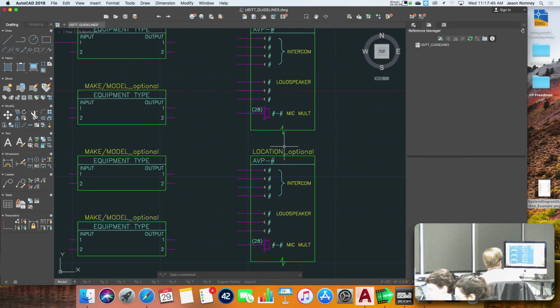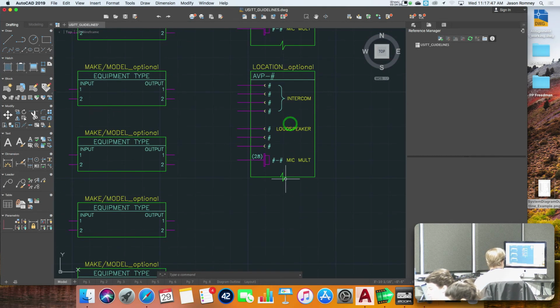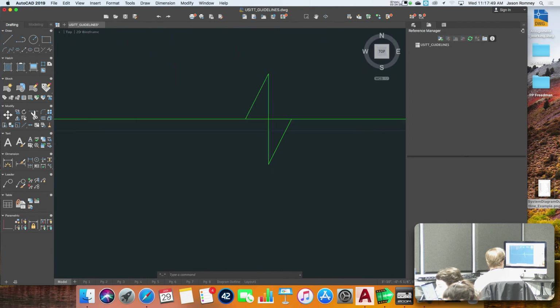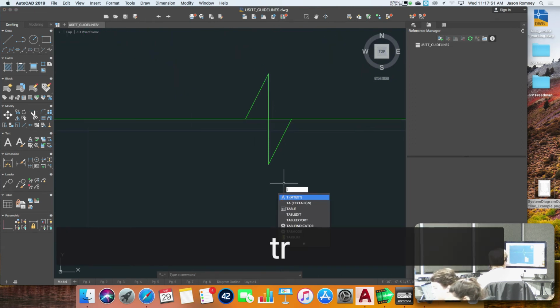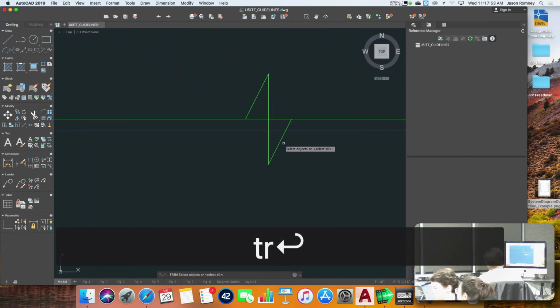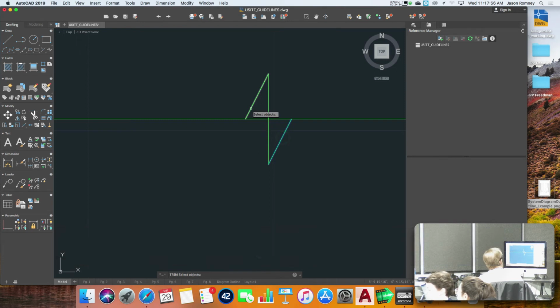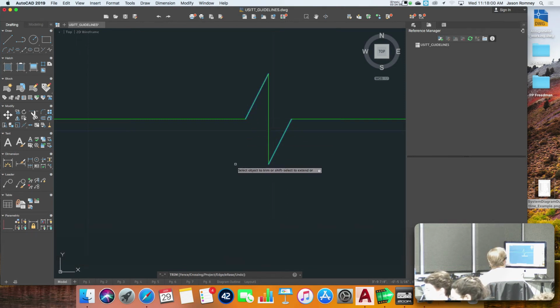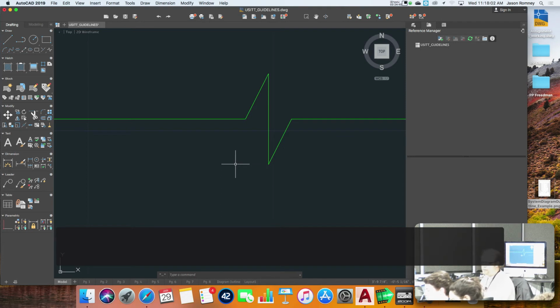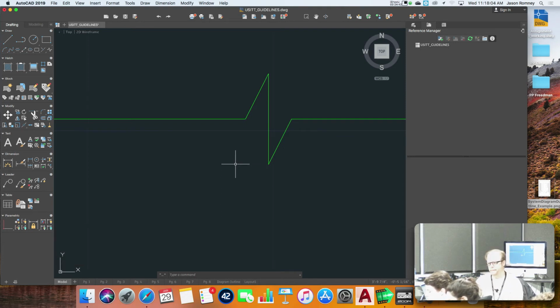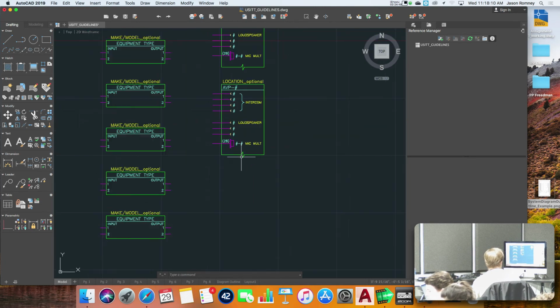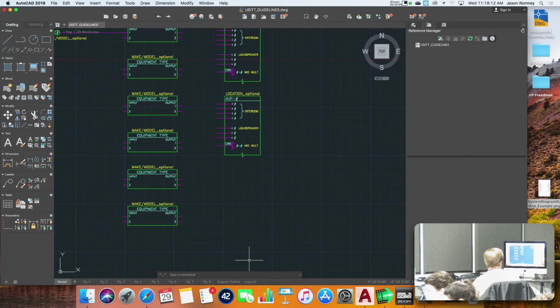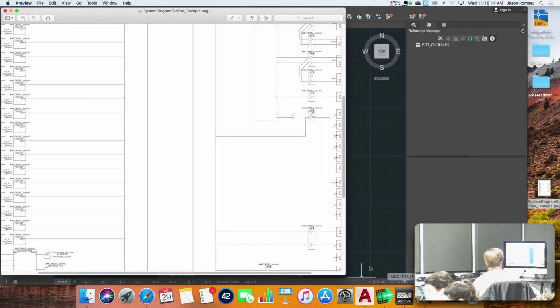So let me show you again on the next one, for those that missed part of that. Trim, select that line, enter, and then the line in the middle, and it goes away. Okay. I have now shown you everything you need to know to create